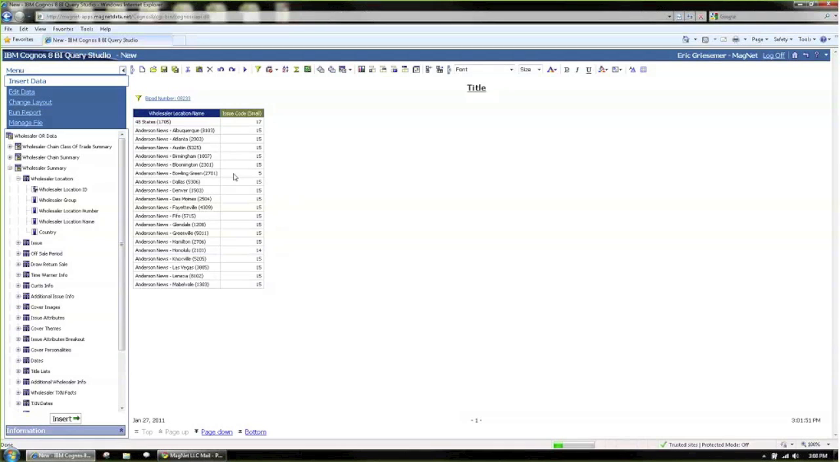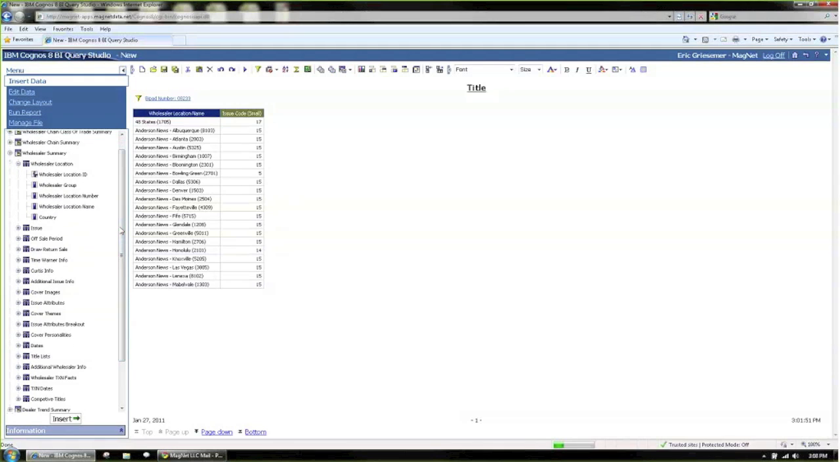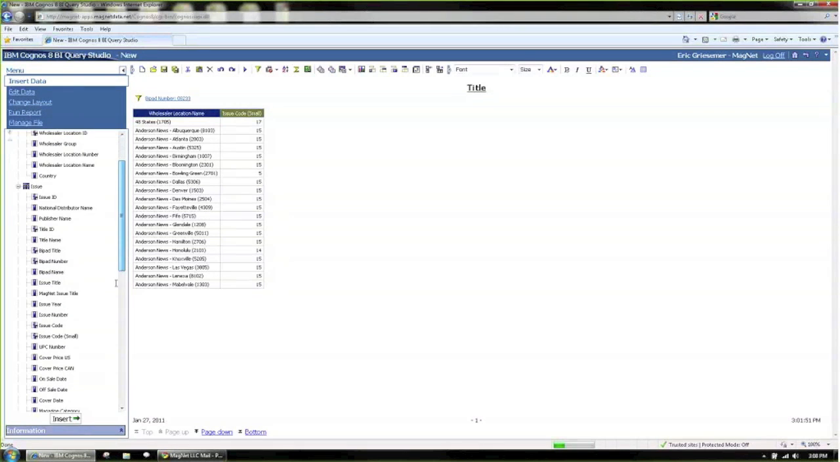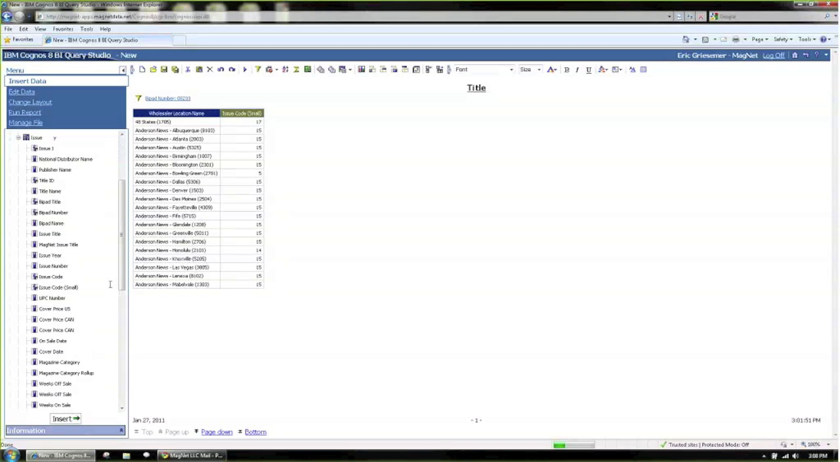So once again, if I didn't want to look at that older data, I could filter on off-sale date. I could filter on issue year. So if I wanted to come in here and go into the issue screen and change this to only look at issues off sale, you know, March of 2009 or March of 2010, if I didn't want to look at Anderson, I could come in here and I could right-click this